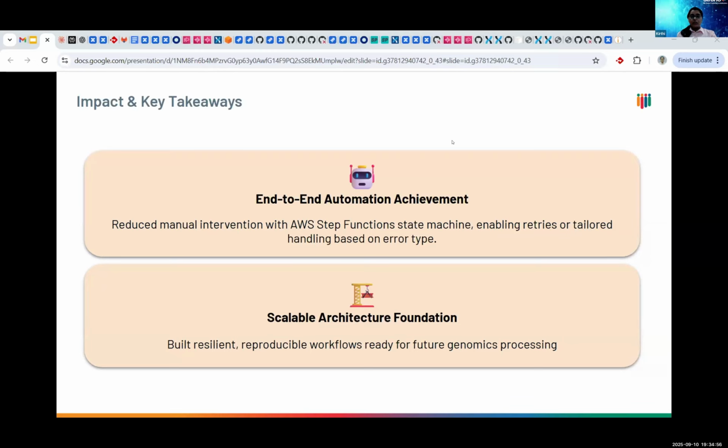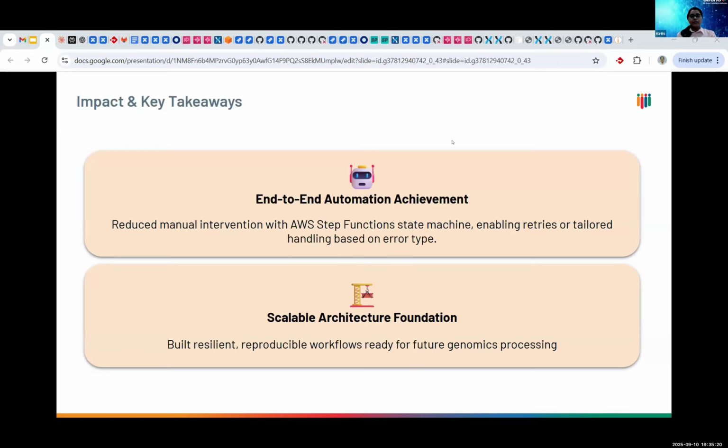Apart from this cost and speed reduction, there are other major important benefits also. One is that we now have a scalable and reproducible architecture. And this is not just a one-off solution. This system can grow with new features coming up. For example, the symlinking that I have mentioned is actually a recent feature put up by DNAnexus, and that can be integrated into the present state machines.